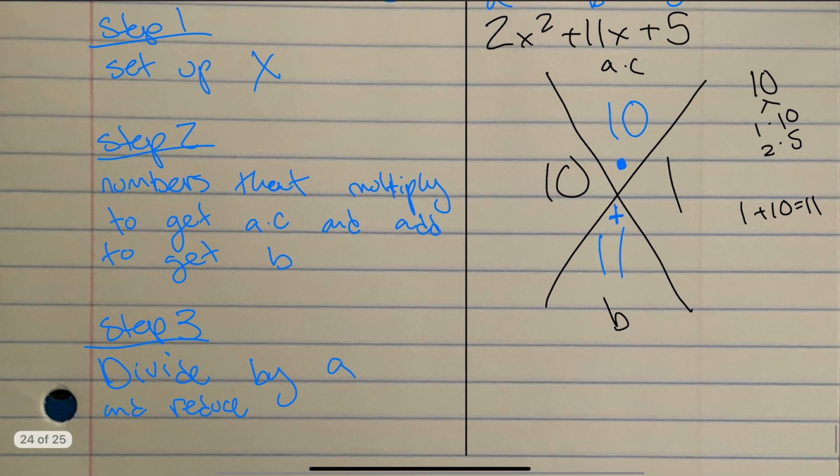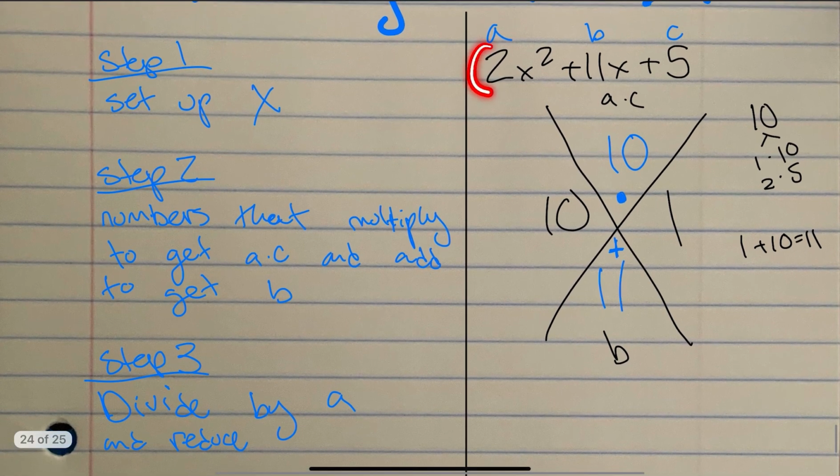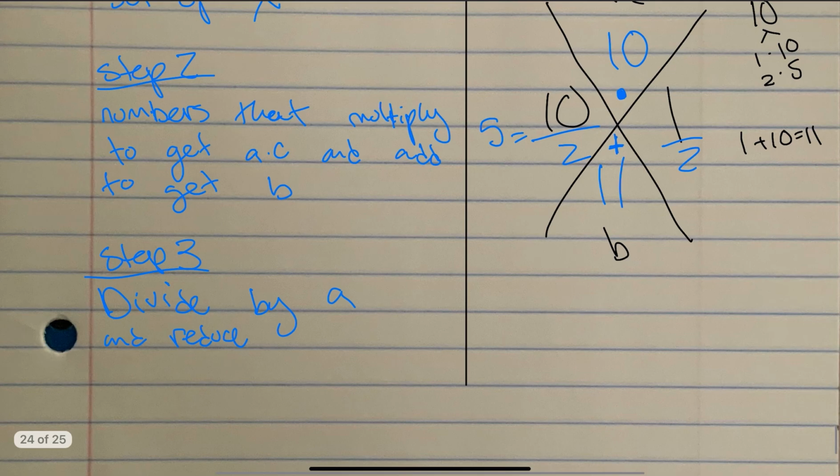Okay, so our a in this situation is going to be 2. So I want to take that and divide each piece by 2. When I divide 10 by 2, I'm going to get 5. But 1 divided by 2, that's just going to be 0.5. That is a decimal. I do not want decimals. I'm also looking at this and I'm realizing that I cannot reduce it. I can't make this smaller than it already is. So we're just going to leave it the way it is. And we're going to move on to step 4,